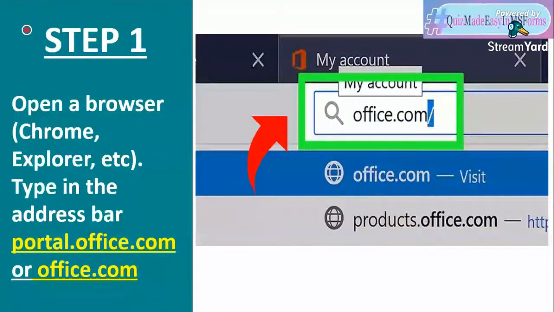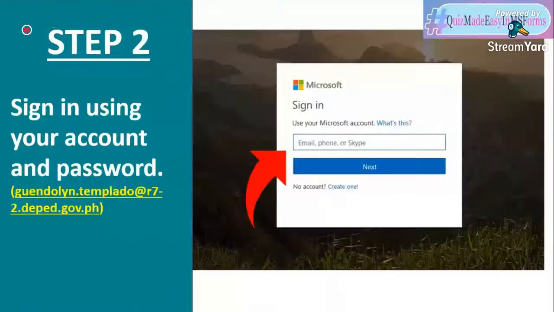Step two is you will be signing in using your 365 account and your password. And yes, sign in. Okay, and after signing in, it will lead you to the Office 365 dashboard. So now, this is the Office 365 dashboard.